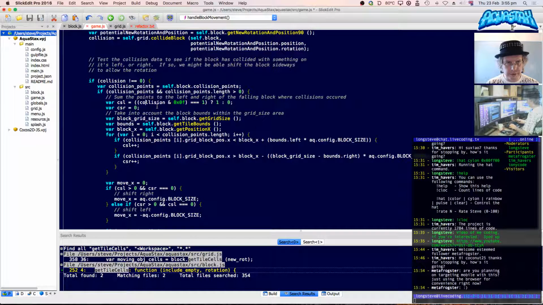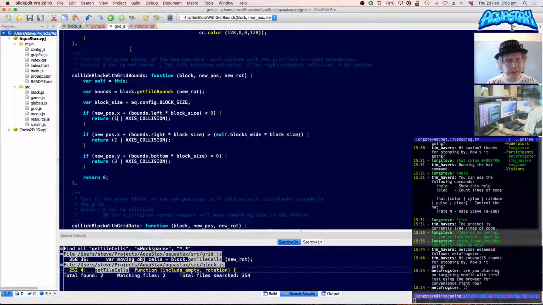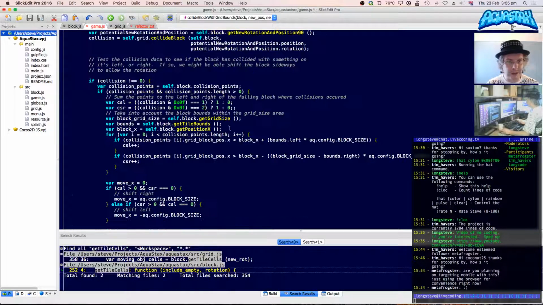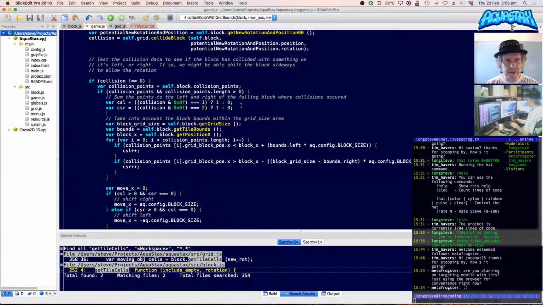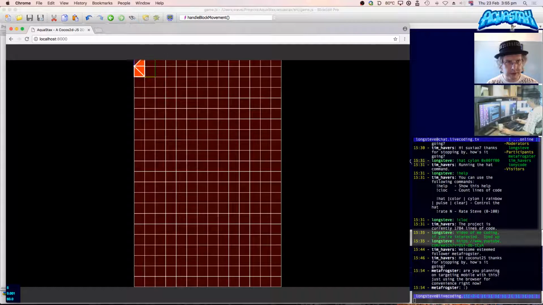And if we know it's a right boundary collision, if that's going to equal 2, and I should really make these numbers constants, because those numbers have confused me before when I got them wrong. So we might do that at the end of the stream today before I commit this code. So with any luck, that should automatically take into account the left or right edges of the screen now. Nope. Ah, it's unlucky. Why not?